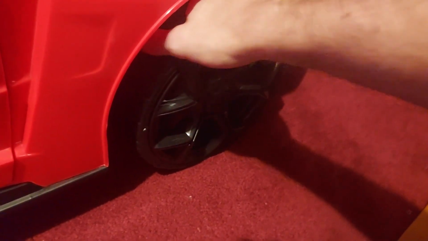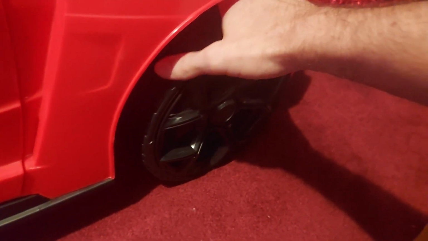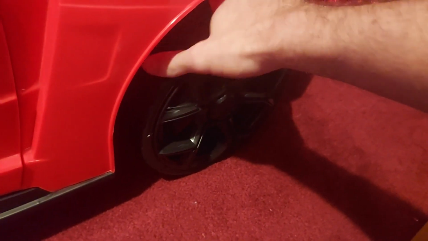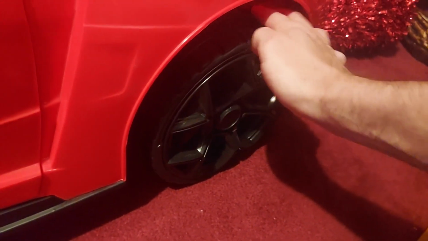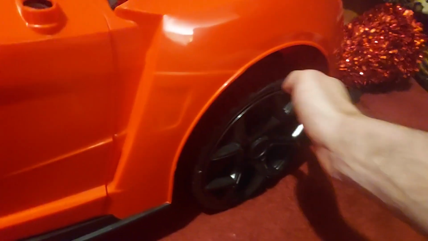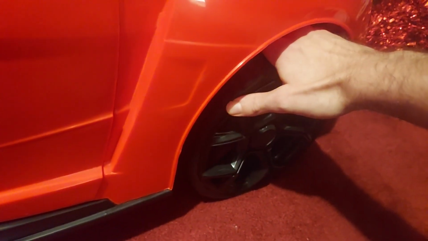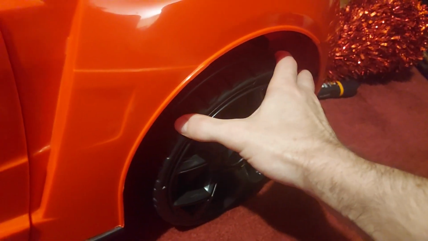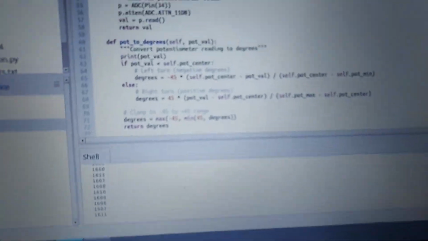See what the wiggle room is and find the average of it. Yeah, it's about there. Okay. I barely turn it left or barely turn it right. That's equally around the center part of it where it's straight. So it barely turns left, barely turns right without doing this. So I'll put it in the center of those two ranges. Okay, so now